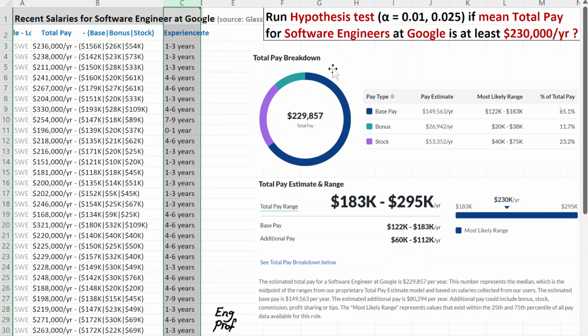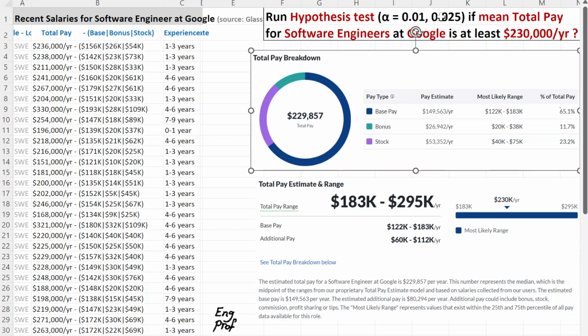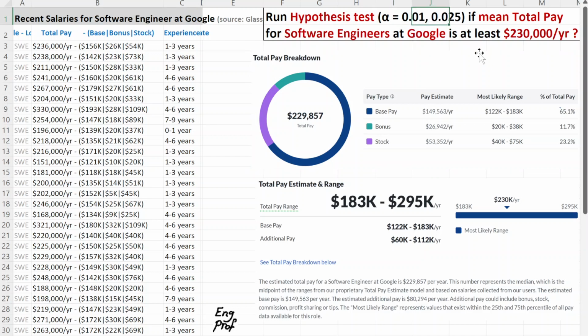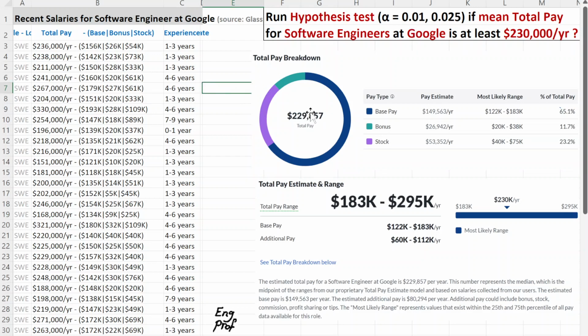So we want to run a hypothesis test at two different levels of significance or alpha, 0.01 and 0.025, or 1%, 2.5%. We are hypothesizing that the mean total pay for software engineers at Google is at least $230,000 per year. Just as a reference from the online resources, the total pay on average is about $230K